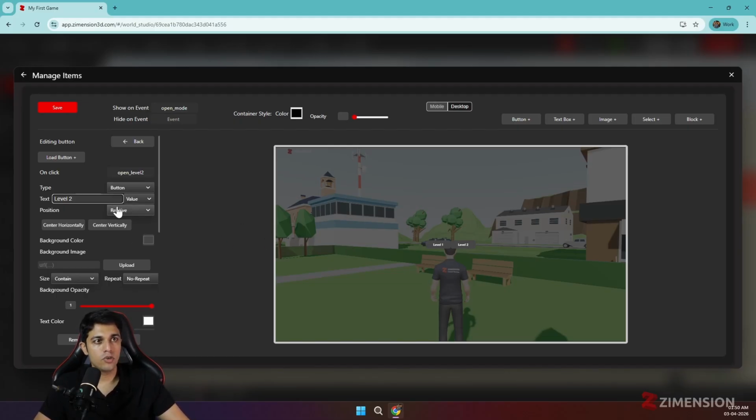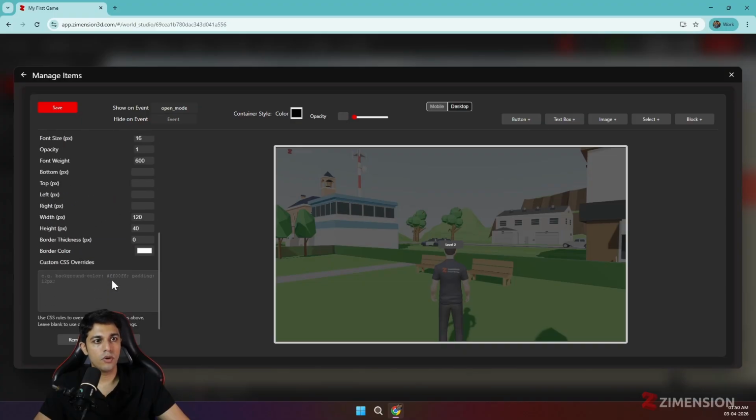The text should be level 2, and again I'll do absolute and margin top 50 pixel, not 50, 100 pixel. Okay,